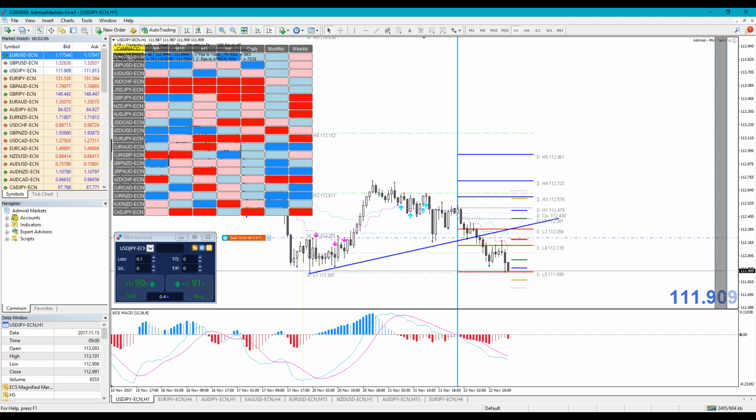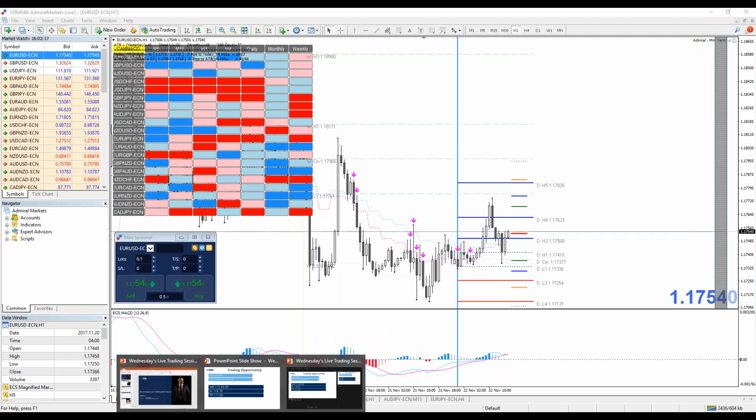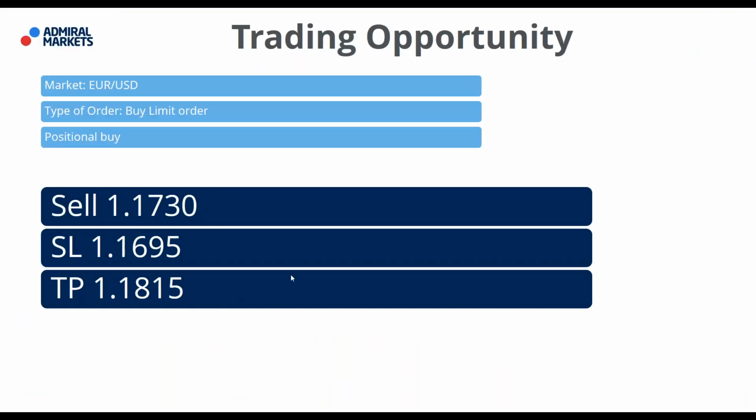Euro dollar is good, and I was hoping to get a buy position. Now, obviously, the price is going up. And, well, unfortunately, I think I'm a little bit late. That is why I actually told you to go long. Here, I would like to see a retracement. If I see a retracement, guys, I will actually make a long trade. Okay, so this is important. 1730 is very important. Okay, just let me.